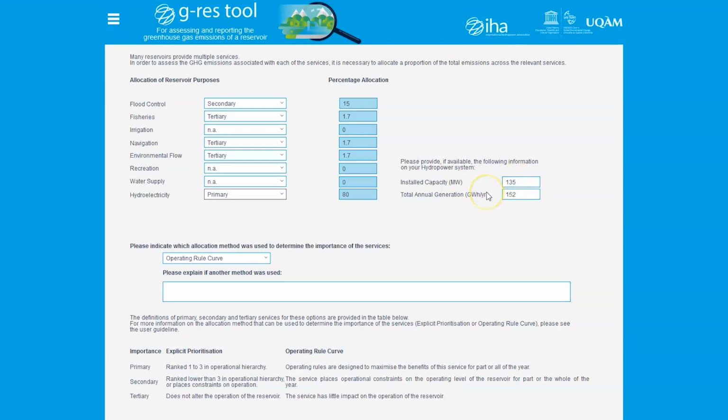We found total annual generation in a report to FERC, the Federal Energy Regulatory Commission in the United States. Dam operators are required to report a lot of this information on an annual basis, so these data aren't too hard to find. So all of this is really important because it allows us to calculate the emissions intensity of